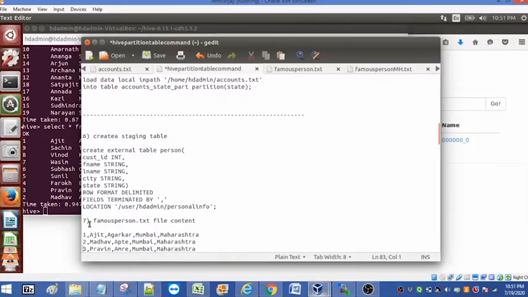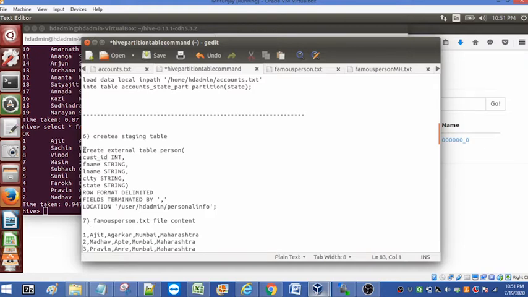This is the second part of the previous video, in which I discussed partitioning, bucketing and one use case. I also gave a demo on dynamic partition. In this session, I will give a demo on static partition. So let us start. Now we will show the example of static partition.